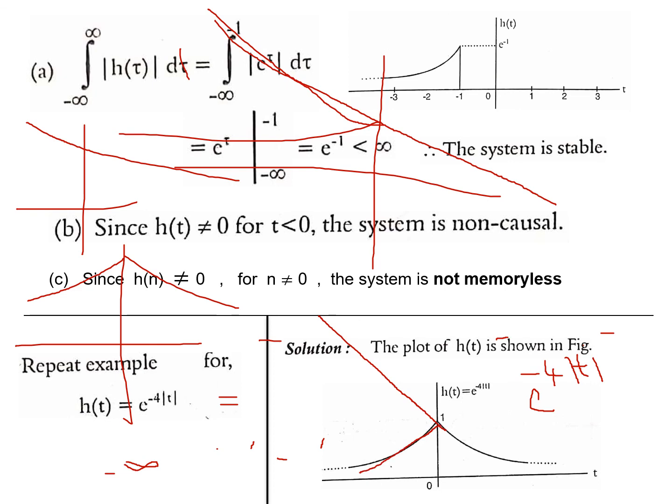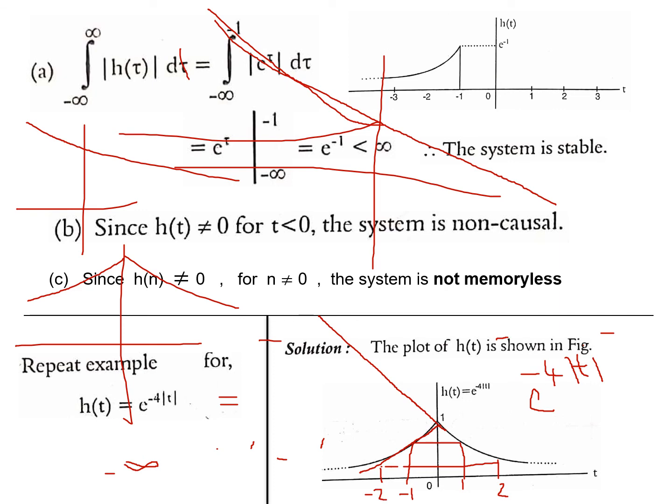Because whatever value I have at 1, the same value should come here at minus 1 as well. I am taking only the magnitude to find the value of the signal, not the sign. Whatever the value of the signal is at t equal to 2, the same value will come when t is equal to minus 2 also. According to the graph, I am not supposed to take the sign, only the magnitude 2.